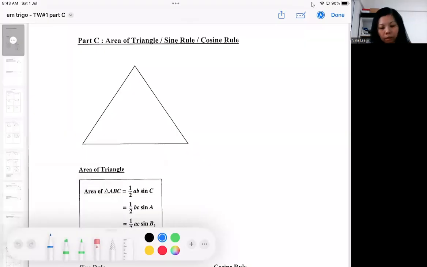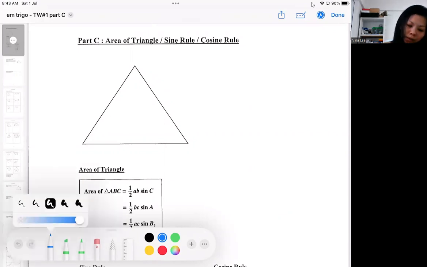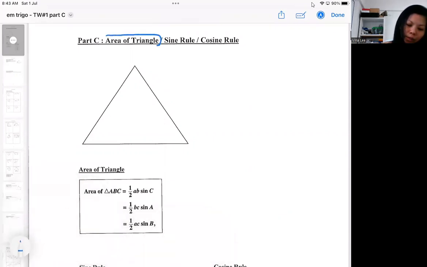Okay, so in this video, I'm going to introduce you to another formula for the area of a triangle. The focus in this section will be on three formulas. So we will talk about the area of a triangle first. So far in primary school, we have learned that the area of a triangle is half times